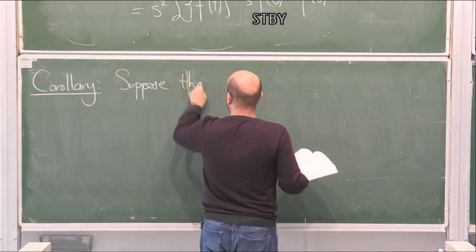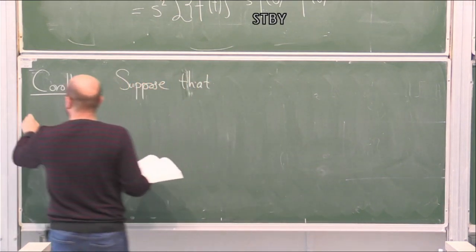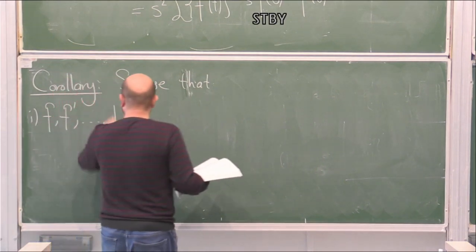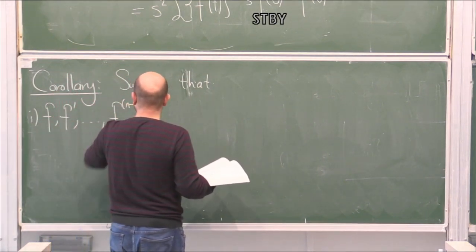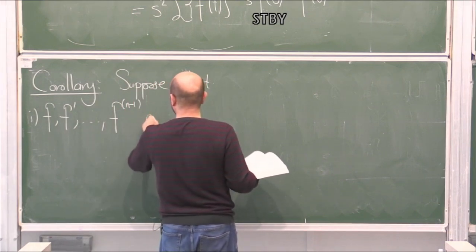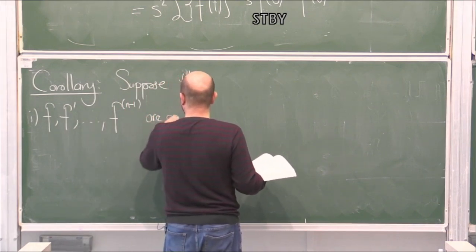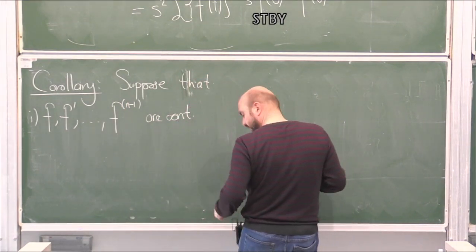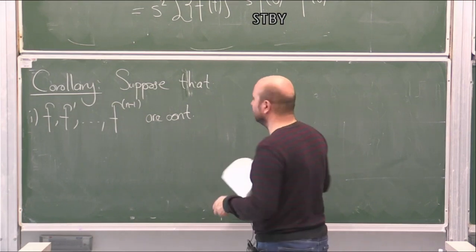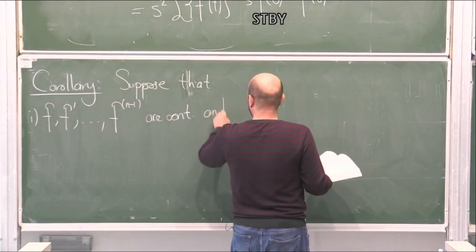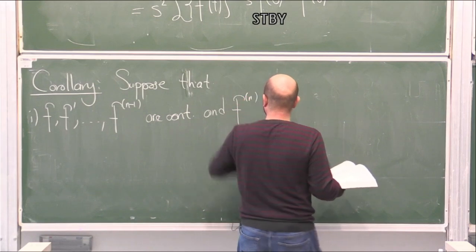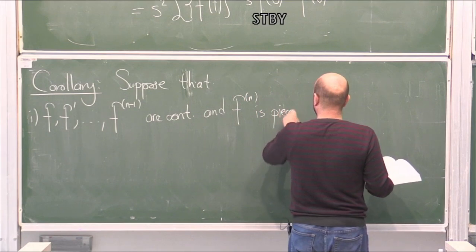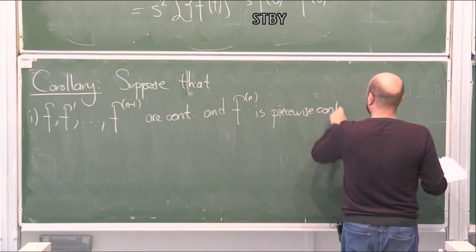Suppose that f prime, up to the (n minus 1)th derivative, all these things are continuous, and the nth derivative is piecewise continuous